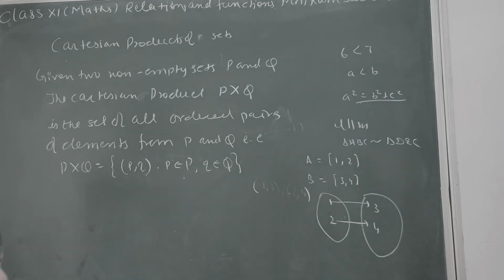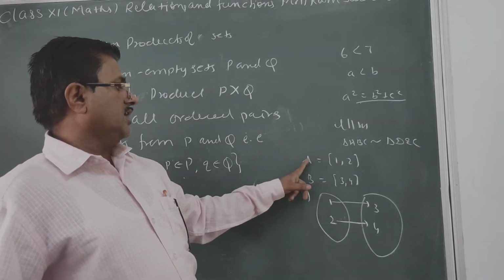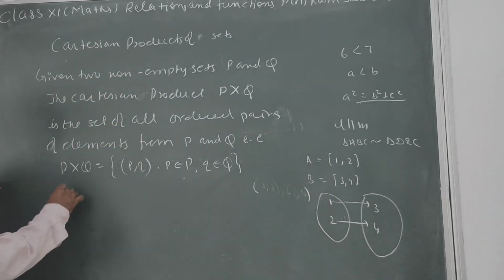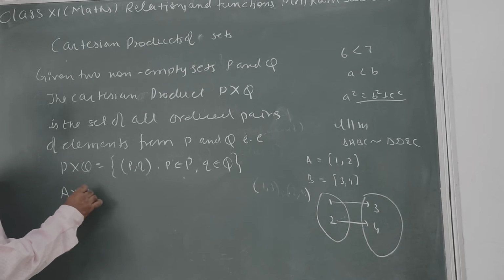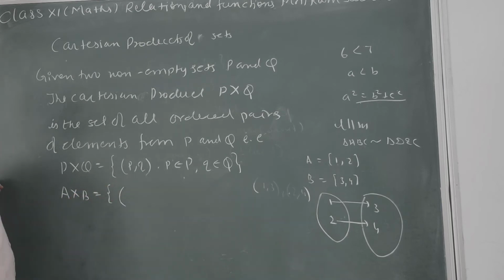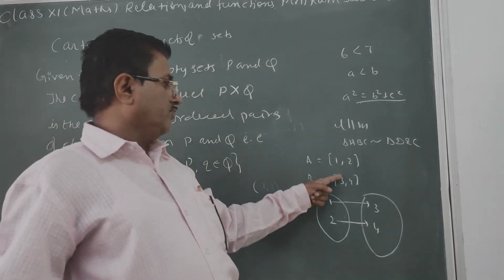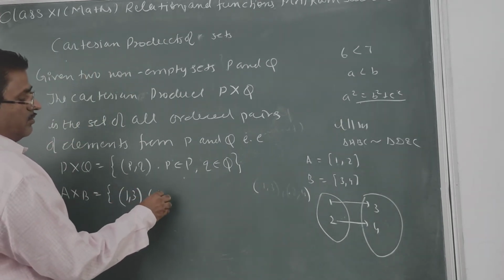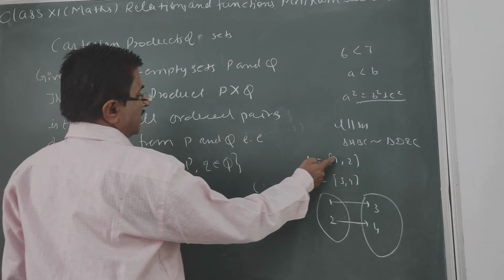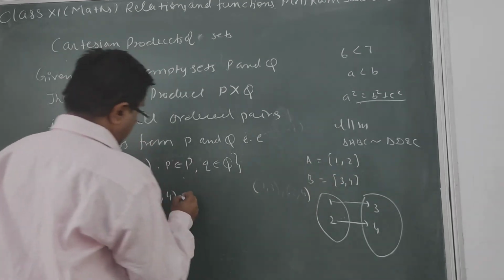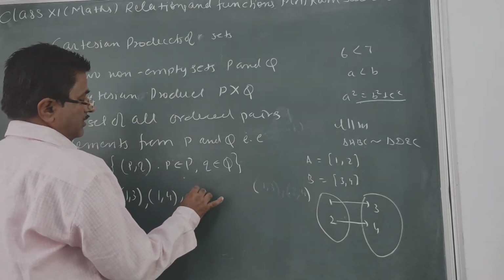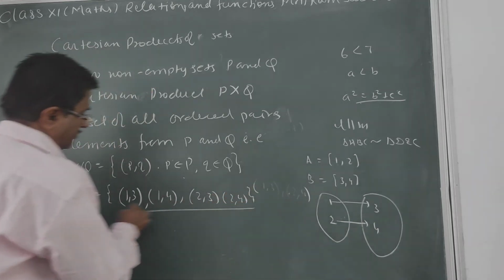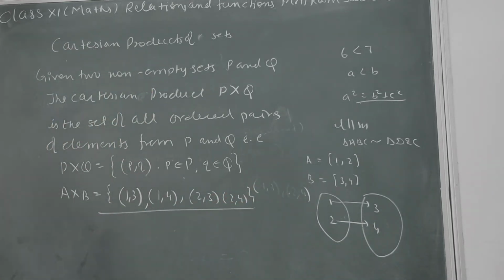That is known. Like here, if we say set A has 1, 2 elements, B has 3, 4. तो अगर आप इसका कार्टेशियन प्रोडक्ट लिखोगे, that is A cross B, अब ऑर्डर्ड पेयर सब पॉसिबल हैं, यानी 1 with 3, 1 का 3 के साथ पेयर, 1 with 4, यानी फर्स्ट का इसके साथ और फर्स्ट का. Then second element of the first set, यानी 2, 3 and 2, 4. So this is known as Cartesian product in roster form.